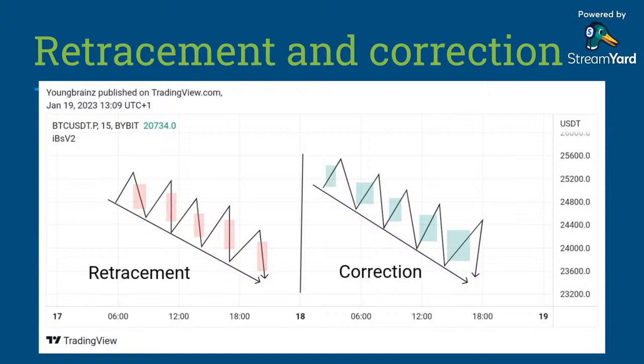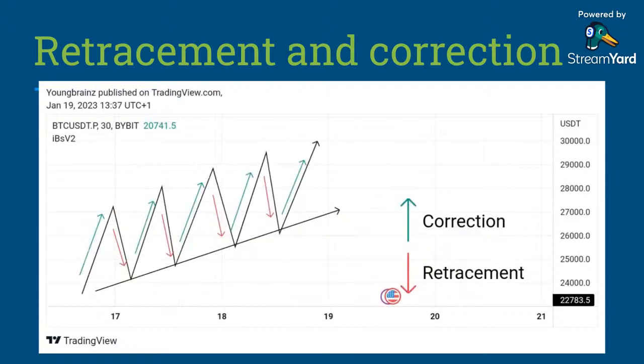It's called that the market is bouncing. If the market is bouncing away from that arrow that is facing downward, that is correction. When the market is coming back to the arrow, it's called retracement. When the market is bouncing out, it's called correction. Whenever the market is coming back, it's called retracement. So this is what we call correction and retracement.